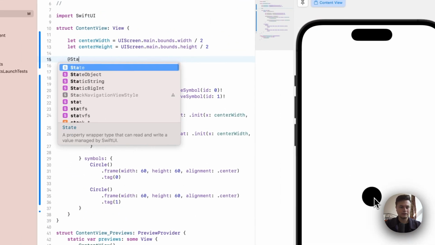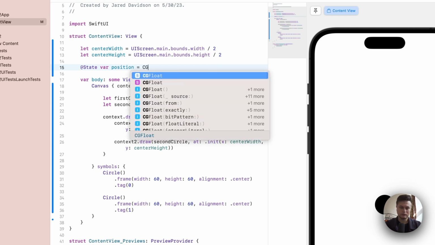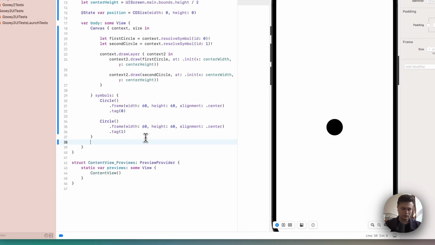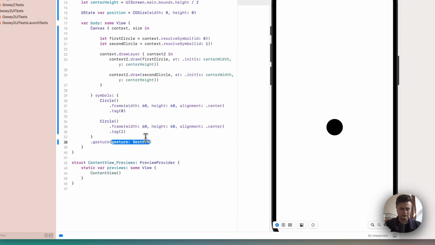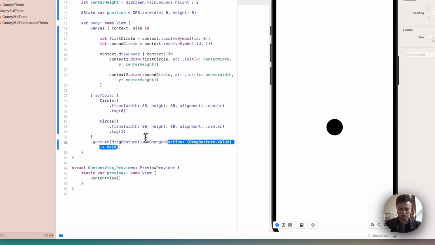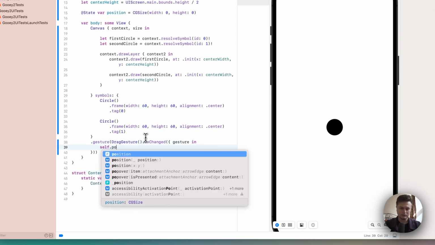So we're going to say @State var position will be equal to, and we're just going to make this a CGSize with the width and height of 0 and 0. Then we're going to add a drag gesture, so I'm going to say .gesture. This is going to be a DragGesture. .onChanged. We're going to say gesture in, and we're going to say self.position will be equal to my